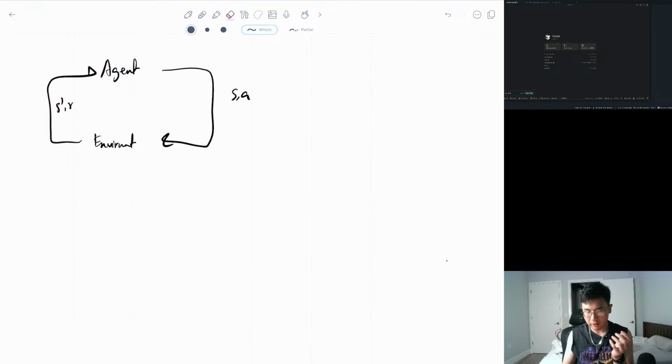Most things can be formalized as a Markov decision process, whether it's games or chess. When you're playing chess, the state would be the positions of your chess pieces, and the action would be how you decide to move a piece. It could be a human, where the state would be the joint configurations, and the action would be